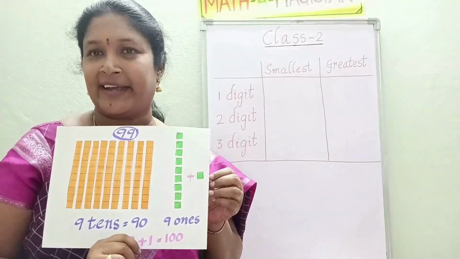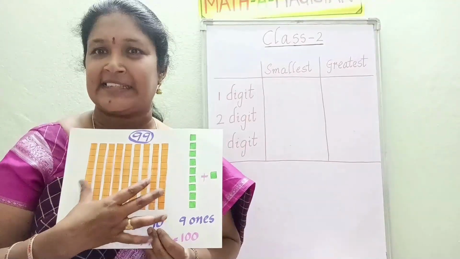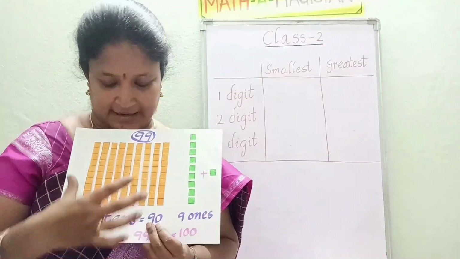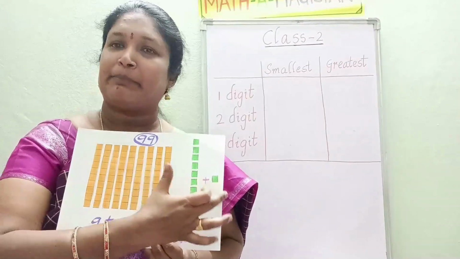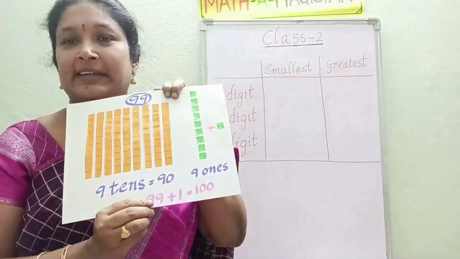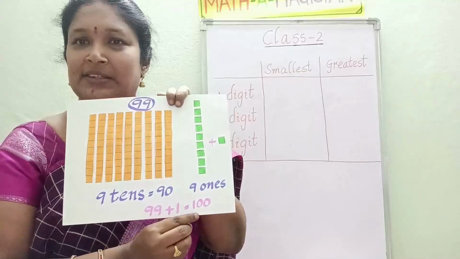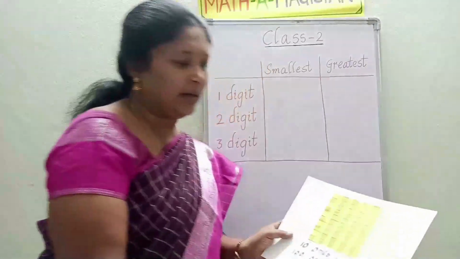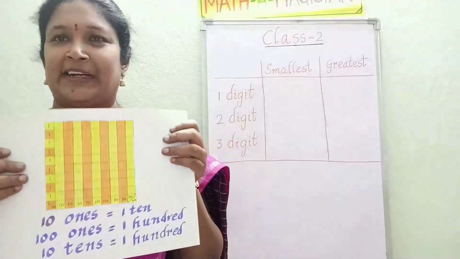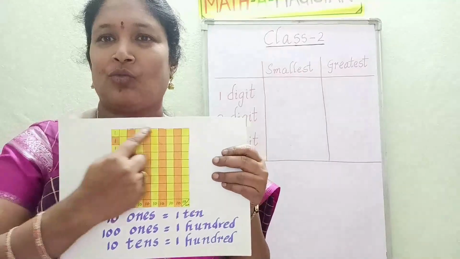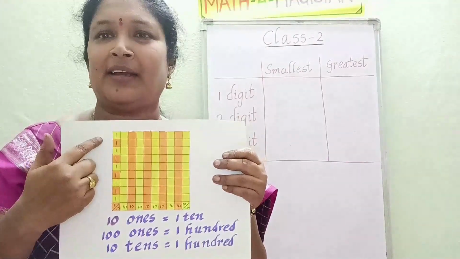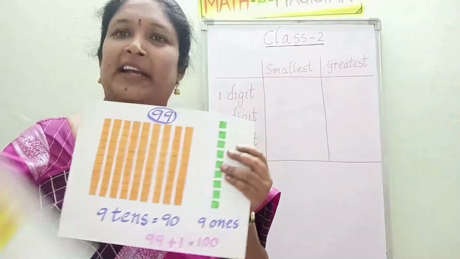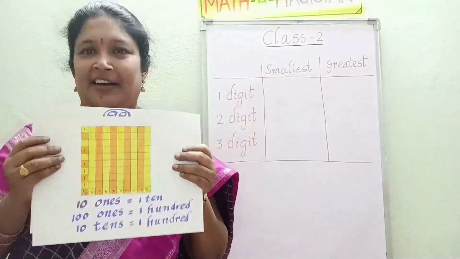So here already I told you. So here 90, again 10 came. 90 plus 10 or 99 plus 1. So what is that? 99 plus 1 is equal to 100. So after adding all those, how will it become? It will become like this. So 100. After you add all these blocks, strips, it will become like 100.